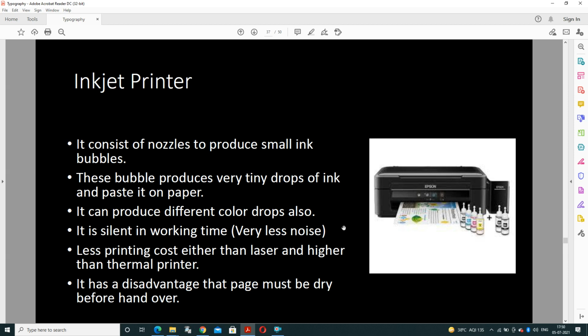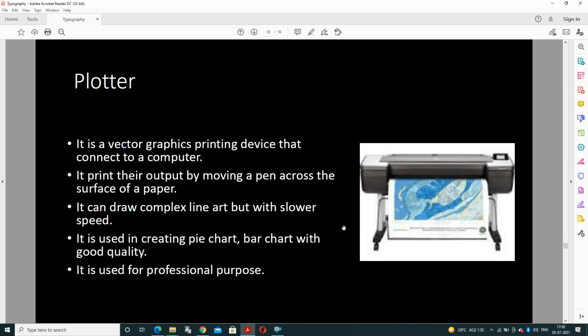It has a disadvantage that the page must be dry before handover. It means you need to wait about 4 or 5 seconds after printing the document. Otherwise the ink will smear on the paper and spoil the output. So you need to let it dry.